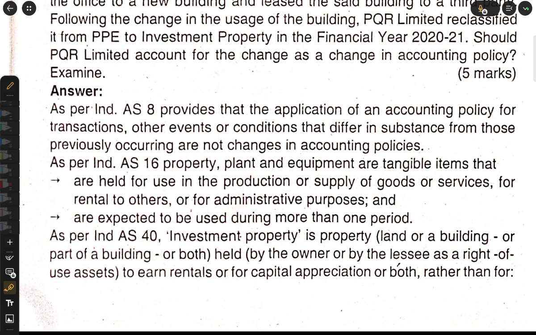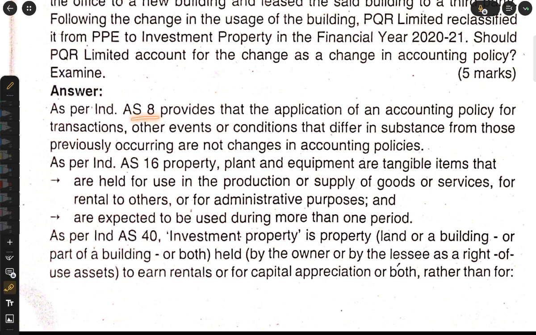So they acquired a building that was used for administration. They have another building that they set out for lease. What is the difference? The asset has been bought in, so fixed assets, property, plant and equipment, have increased. Correct. Second point, the usage of the building is not even a problem. Leasing the building is either an operating lease or a financial lease. You are leasing the property, and you will still charge depreciation on the property; that is not going to change. You are going to have another set of income, that is rental income or lease income, or you get a fixed amount as lease and put it in FD. So what is going to be changed?